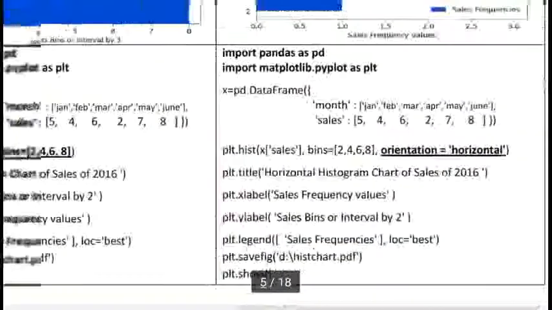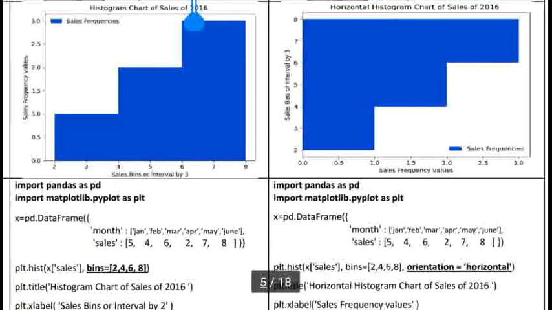Okay students, so you can understand in a histogram the new thing is there is no gap between bars. Here I am using the hist function. In this chart we must need a numerical column. Next, in a numerical column we first decide the minimum and the maximum value, then we categorize, making 2-value intervals, 3-value intervals, 4-value intervals according to our choice. Then we can use bins is equal to, and we can put in all our intervals.